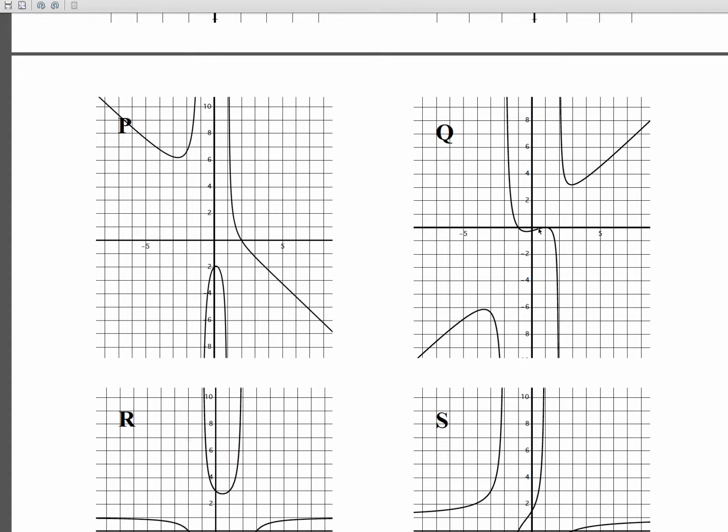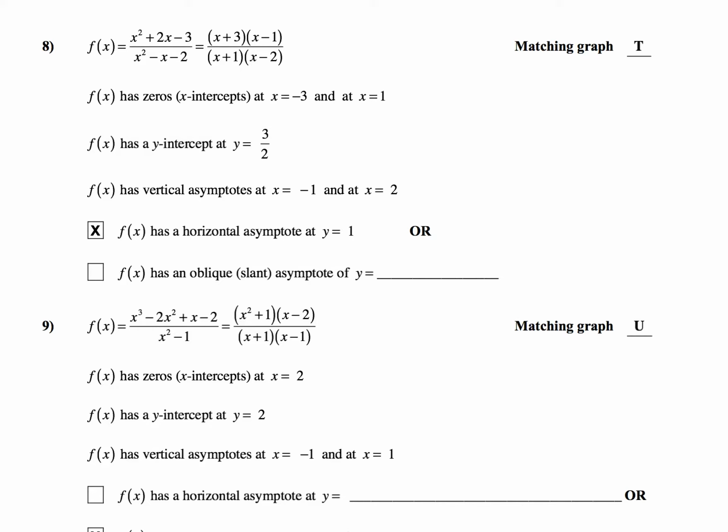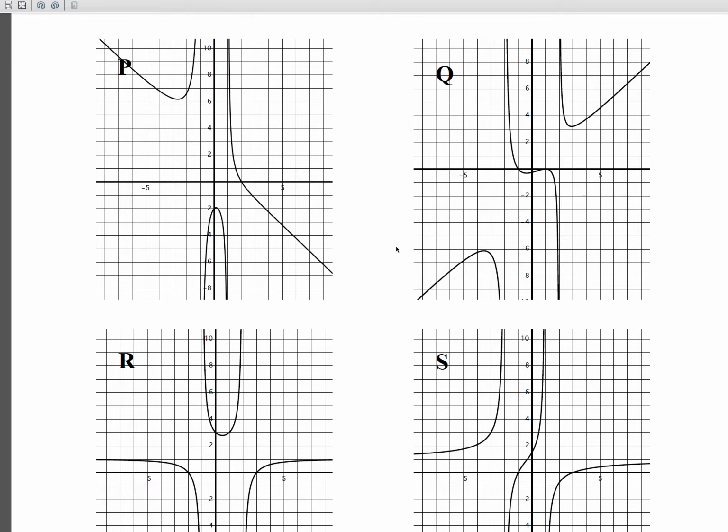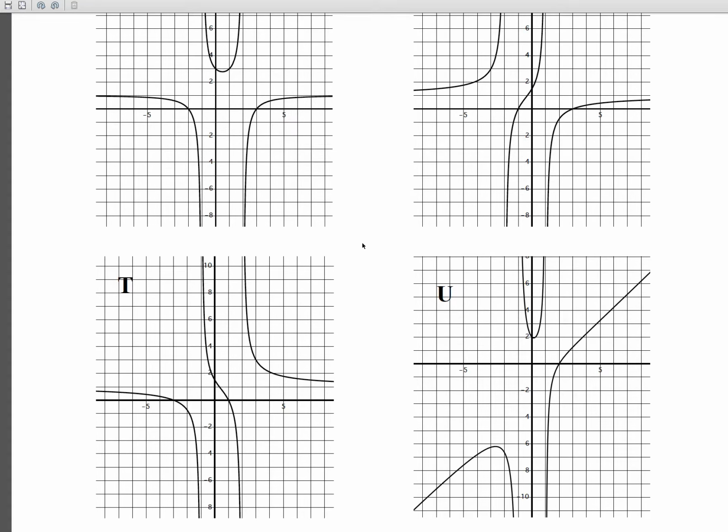Here we have negative 2 and positive 2. The asymptotes for this function were, let's see, where were they? They were at negative 1 and positive 2. So, negative 1 and positive 2. This one's at negative 1 and positive 2. And there is a horizontal asymptote at 1. But the y-intercept is 3. So that tells us that we have to look for another function, and turns out, no surprise, that's